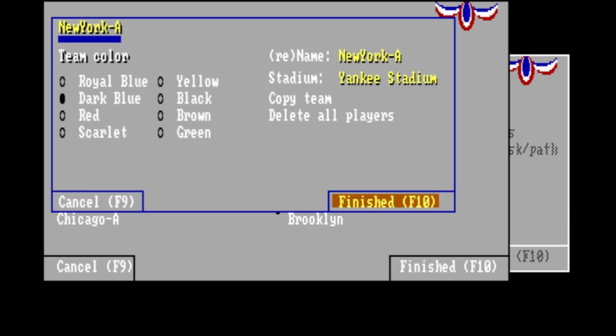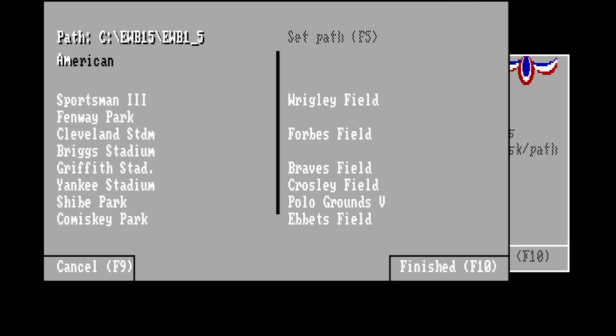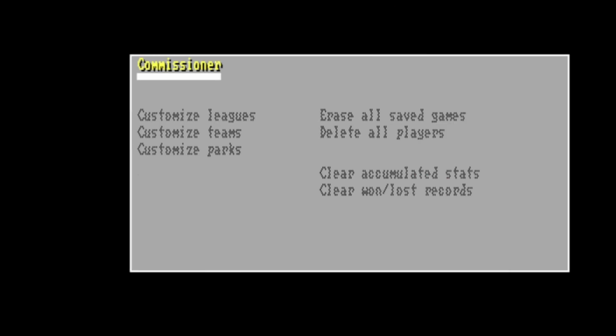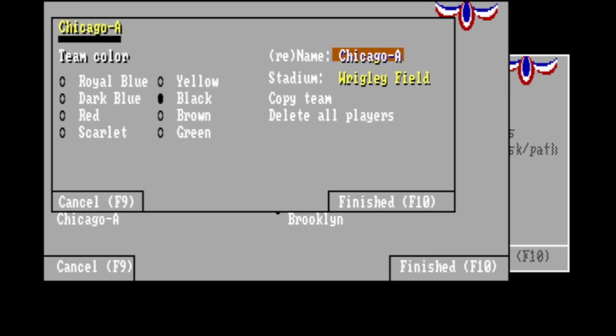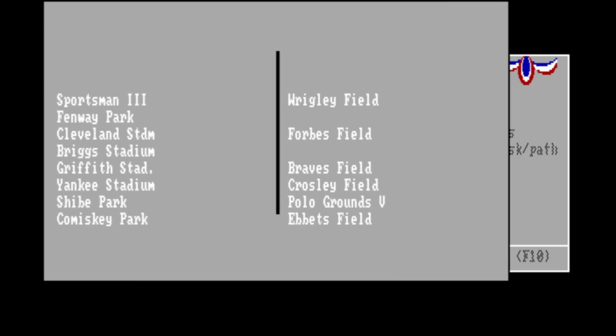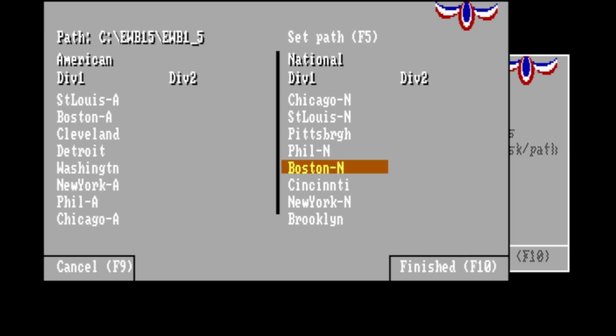Yankees, Yankee Stadium. Philadelphia A's, Shibe. Chicago American League is not Wrigley, it is Comiskey Park. Okay. Chicago NL